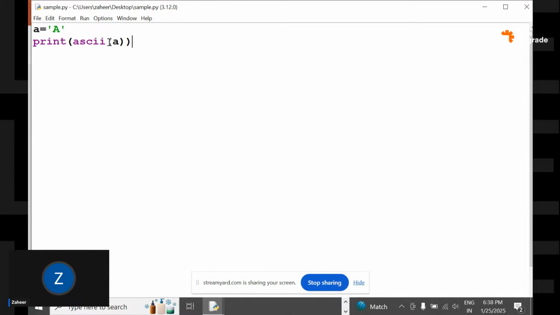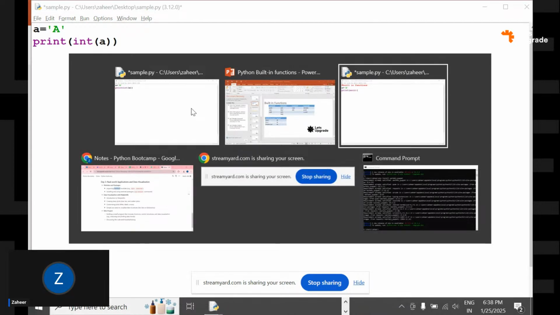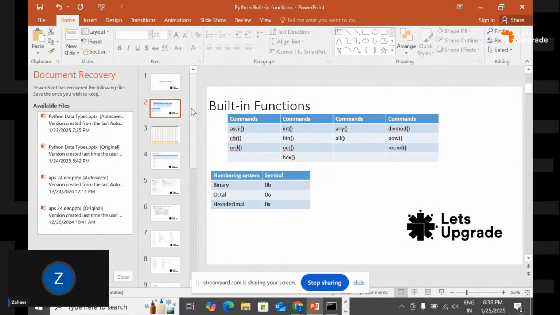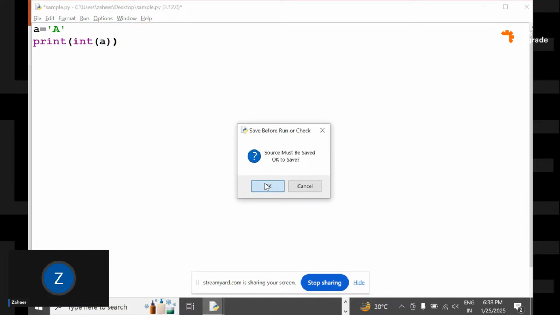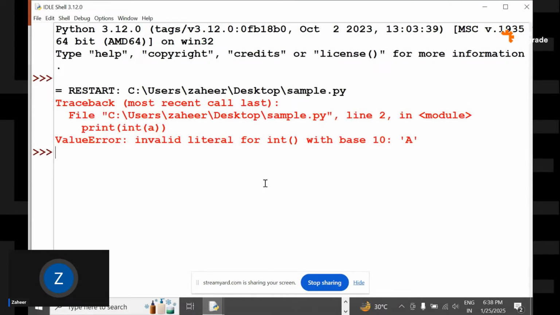Now if I want to convert this variable into an integer, see, if I'm using I-N-T, that is the next function we have here. So we have int of this particular A. What is the integer value of this A? Now I'm getting an error